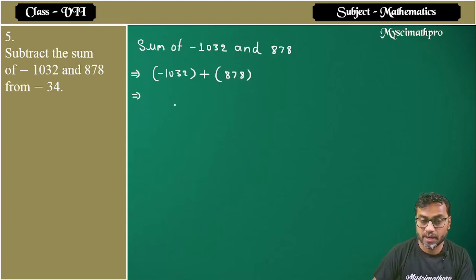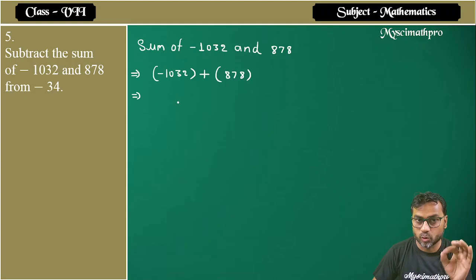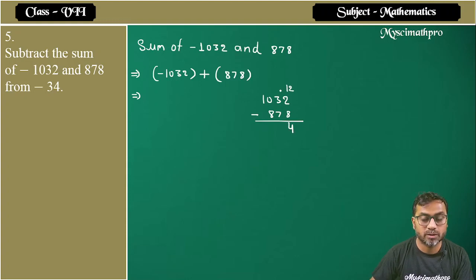And student, you know very well, one is negative integer, another one is positive integer. So according to rule number 2, we subtract the value. So we write 1032 and we subtract 878. So 12 minus 8, 4, it is 2. So it will be 12. 12 minus 7, 5. Now it is 9. 9 minus 8, 1. So the sum is